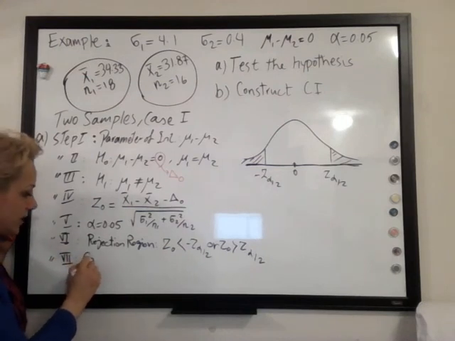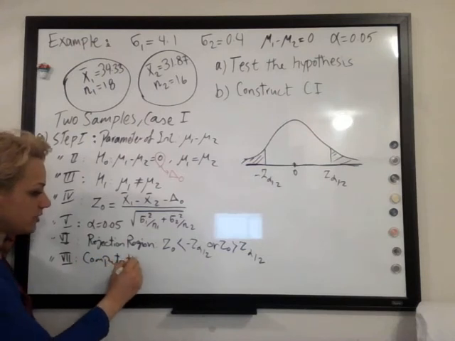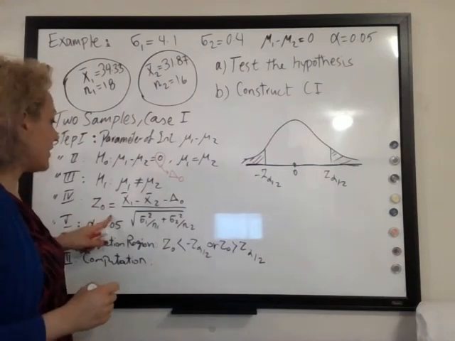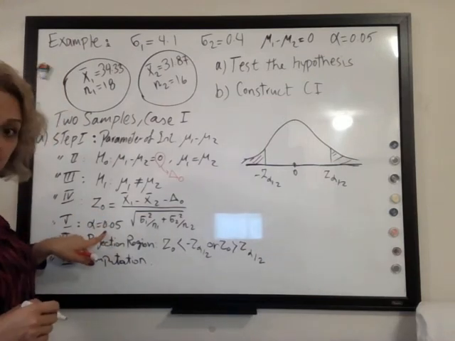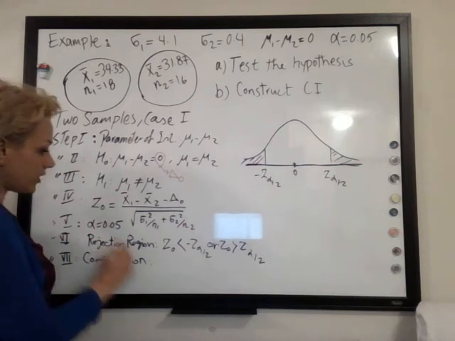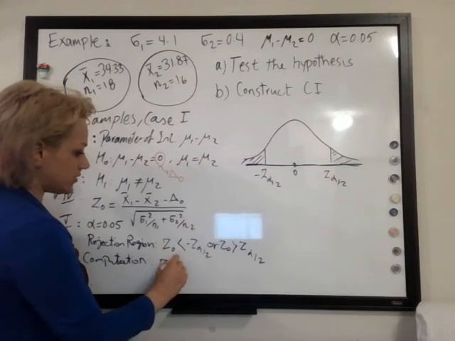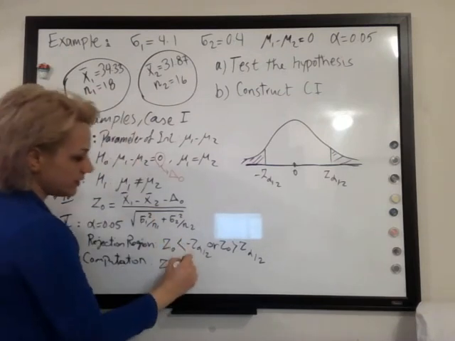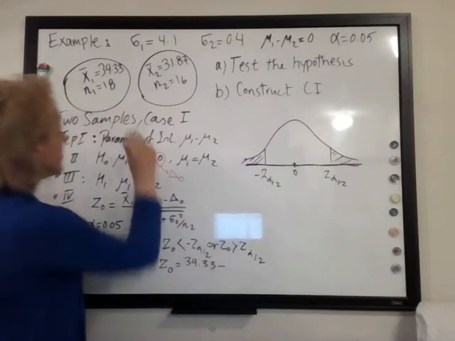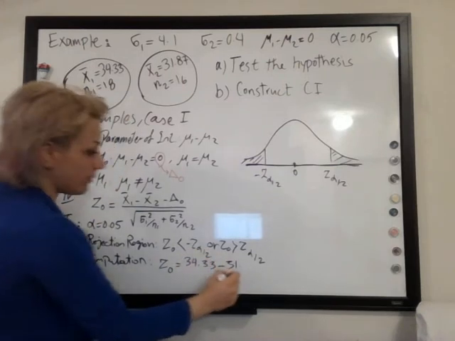is the computation or calculation. When we say computation, what does it mean? It means find out z null, z observed, and also alpha, and what's going to be the related z value for alpha. So for the z null or z observed, it's going to be equal to x bar 1, 34.33, minus x bar 2, 31.87,